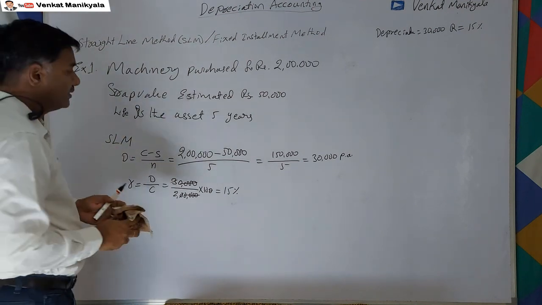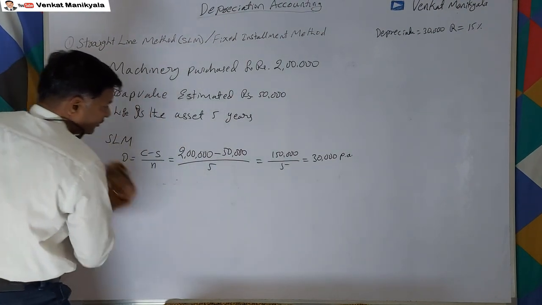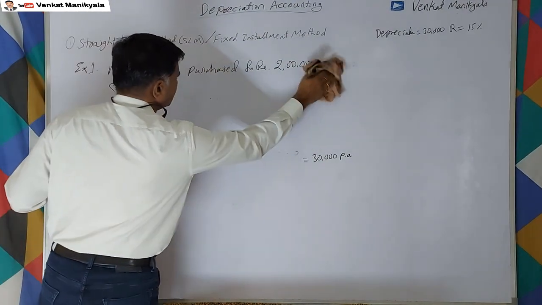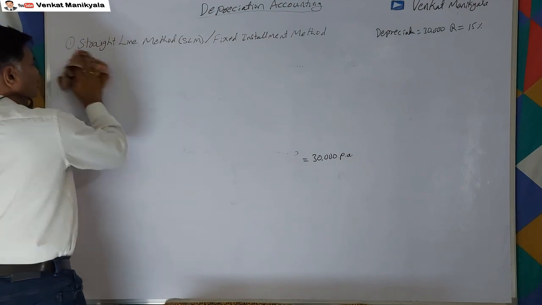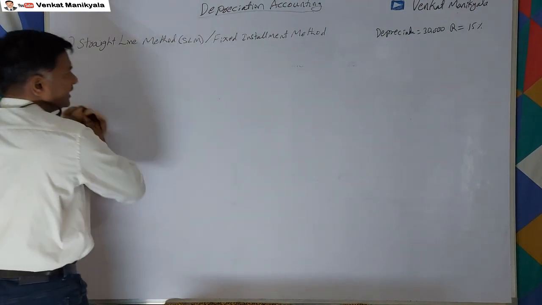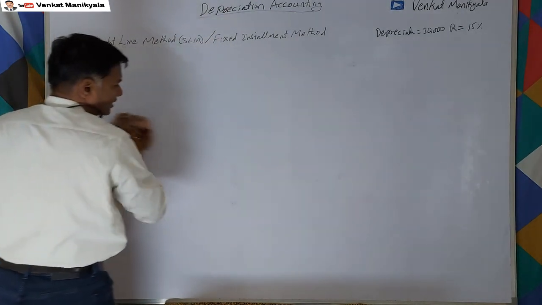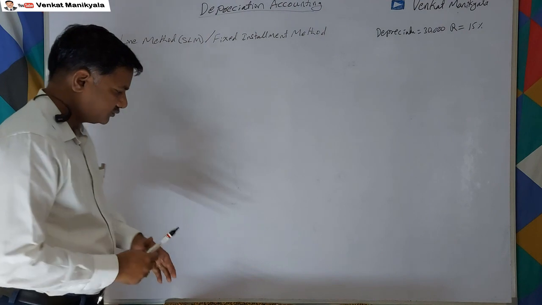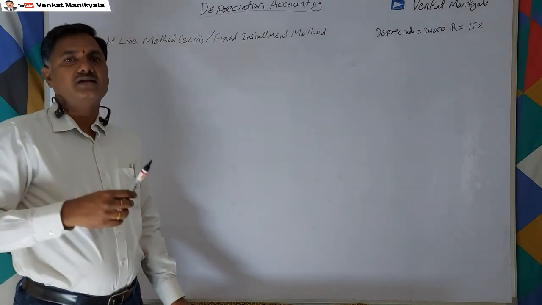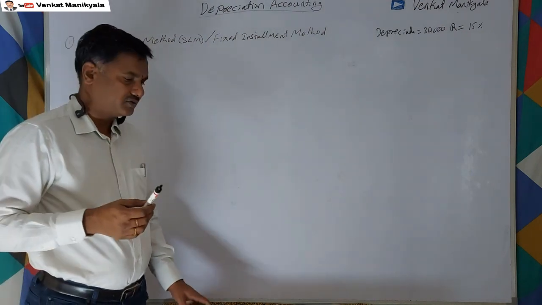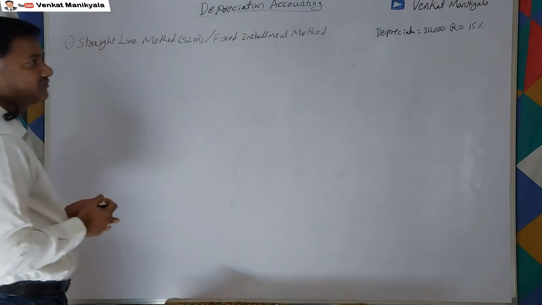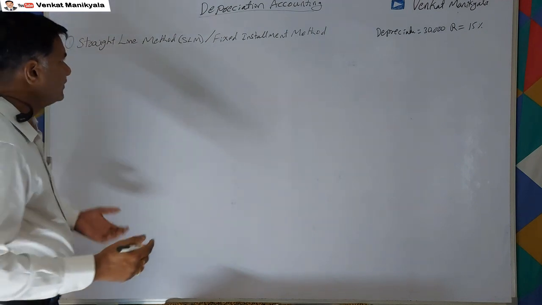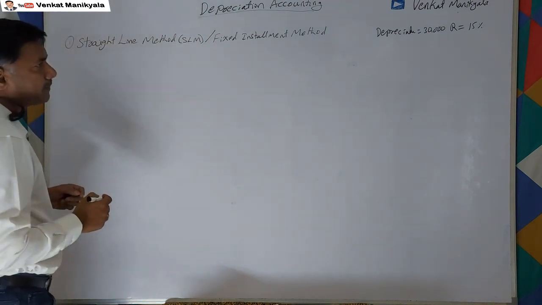Before writing the answer, in the examination also you have to do this calculation. There is nothing wrong with starting with the working notes, right? After doing the working notes, you can write the journal entries. Don't think that we first do journal entries, thereafter ledger posting, and at last working notes. No, the procedure is that first we have to do the working notes, then journal entries, thereafter ledger postings, right? Now we do the journal entries.